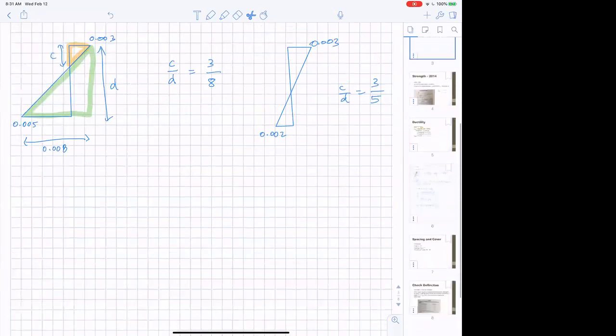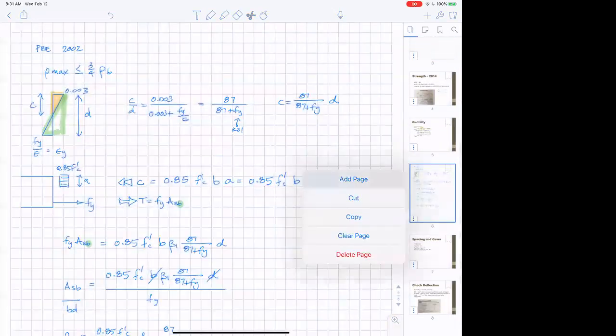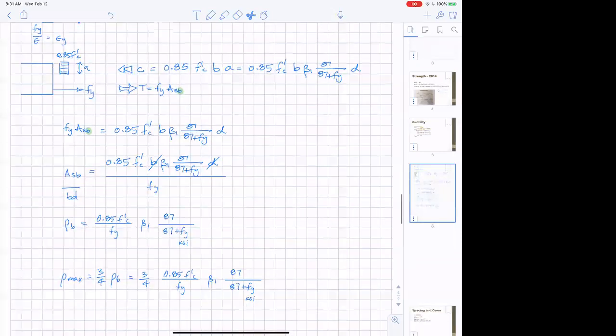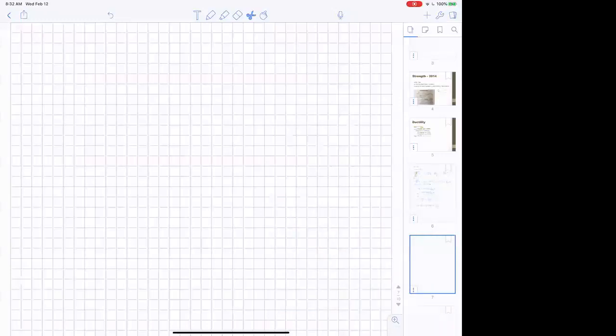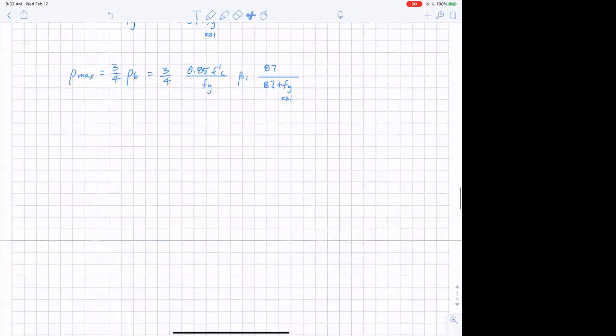Where are we? We're right here. Add a page. And we're going to need another page. I'll also do it while we're at it. We're going to need one for post-2013. Okay. So,